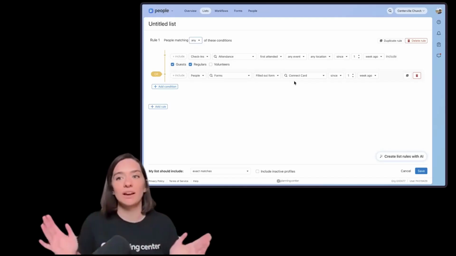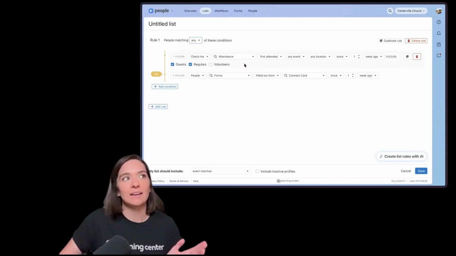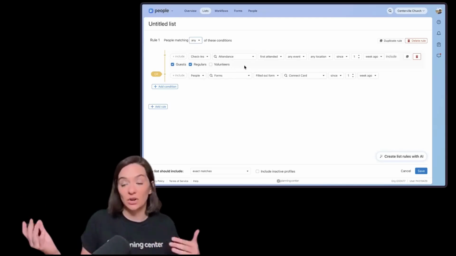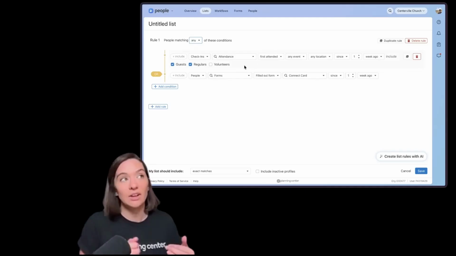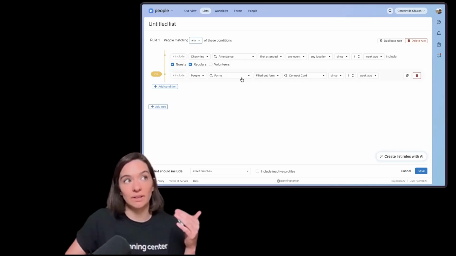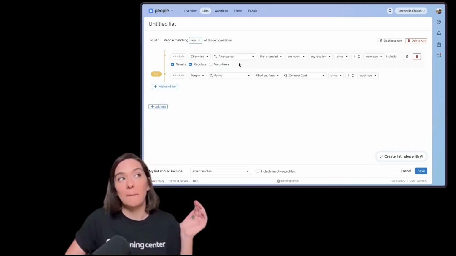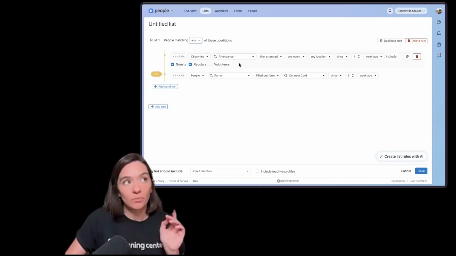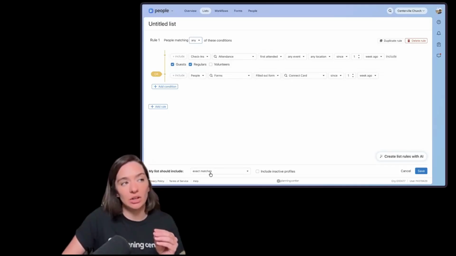Now, some of you might be piecing together that typically it's children who are checking in, right? Unless your church takes attendance for adults and has the adults check in as well. You're probably going to get a mix of kiddos and adults on this list, because the adults are the ones filling out the form, but the kiddos are the ones checking in. So there's a couple ways to handle that. But the best one and the most straightforward way is to come down here to my list should include,